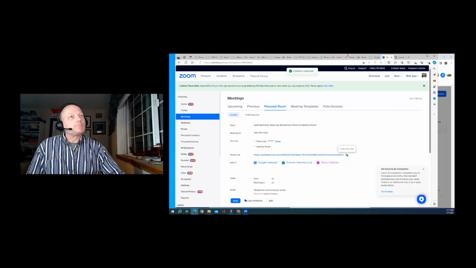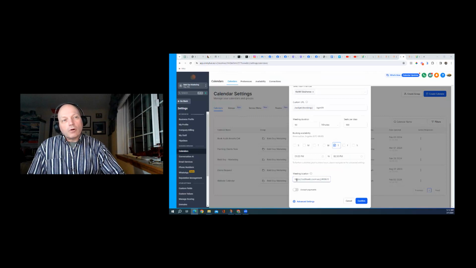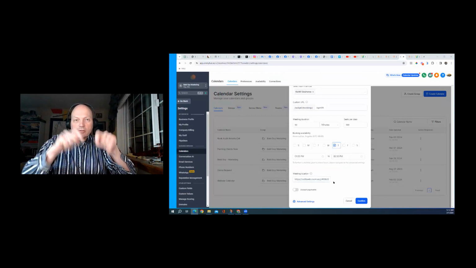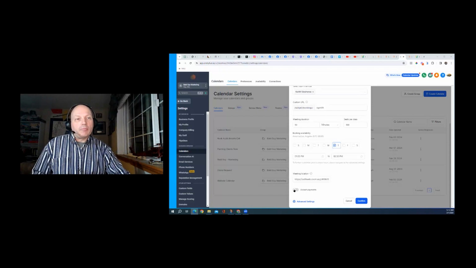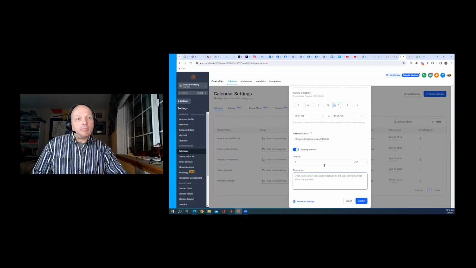Click copy, and you paste it there. Or you could physically type the physical location, the physical address. If you have a payment system, you're allowed to accept payments directly to this platform. But if you're doing that, you definitely need to be careful to tell people exactly what they're paying